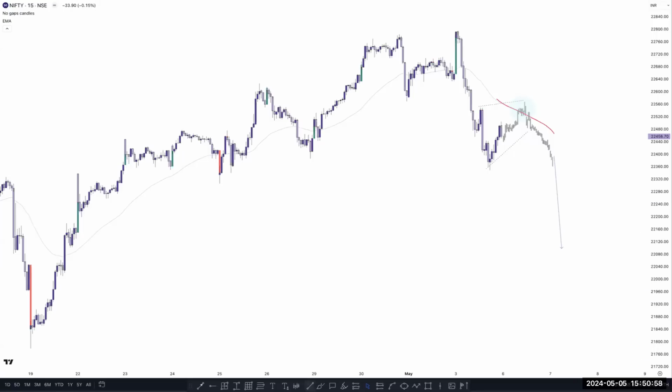Like in this case, you can see the strong impulsive phase here, right? And after that, what are we looking for here? Simply, we are looking for the continuation pattern. Price tapped here but failed. People entered here for a sell because the trend line broke, but price again reached, broke this one and closed over it. If price closes over it, it means this is a trap, and then the market goes higher and closes above this, and then we can switch to a lower time frame.